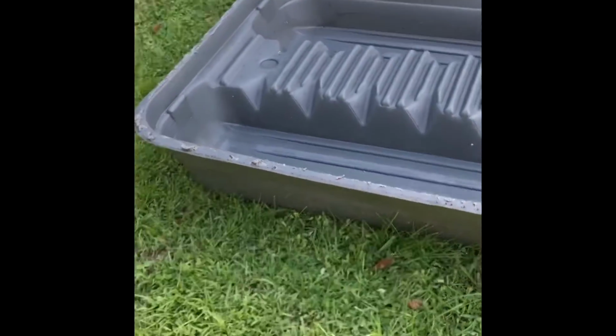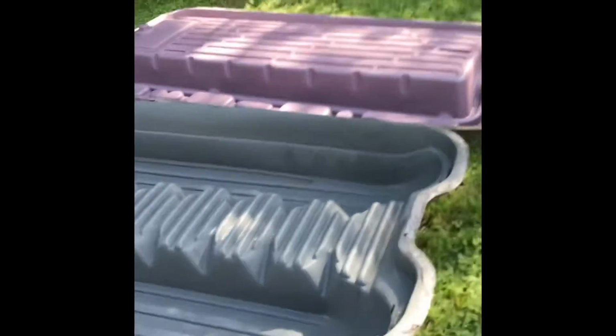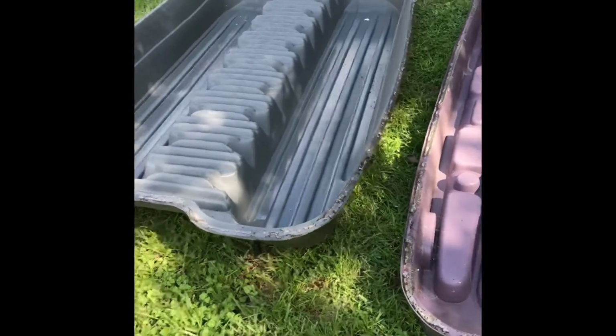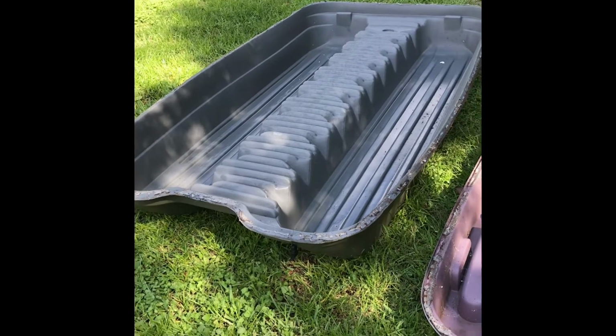Flip it over, you have this, and this is what you are left with, a big old mess. So long story short, I took the boat apart when I didn't have to, so oh well, time for cleanup,